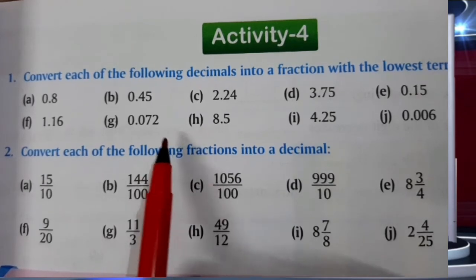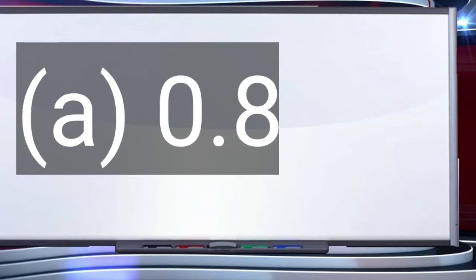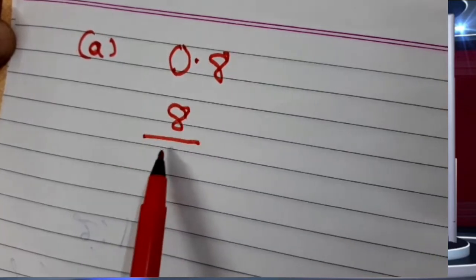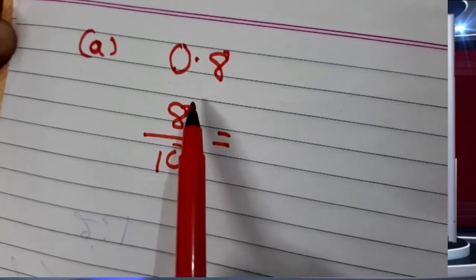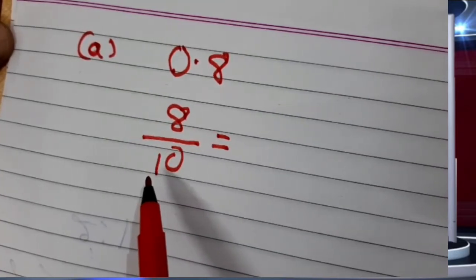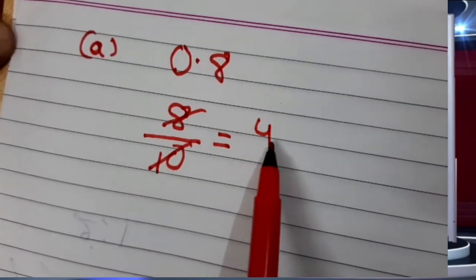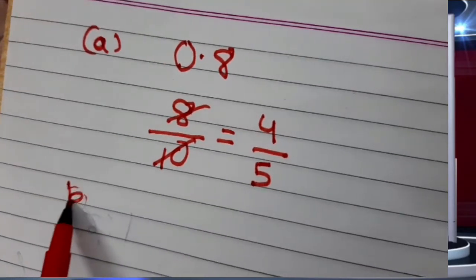Now let us start with the first part, A1 0.8. A, it is 0.8. You will divide by 10. To remove this decimal, you will divide 8 by 10. Now you will convert it into the lowest term. Both the numbers are even, so you can divide both the numbers by 2 here. So the answer is 4 by 5. B part